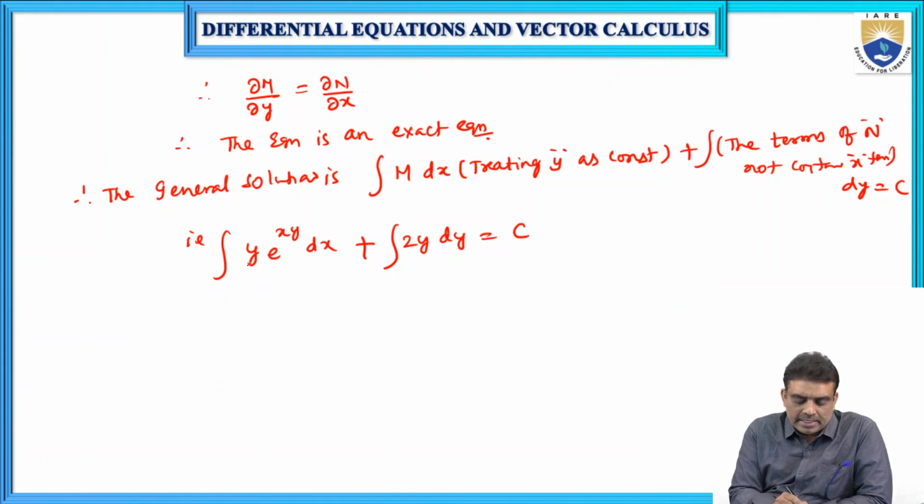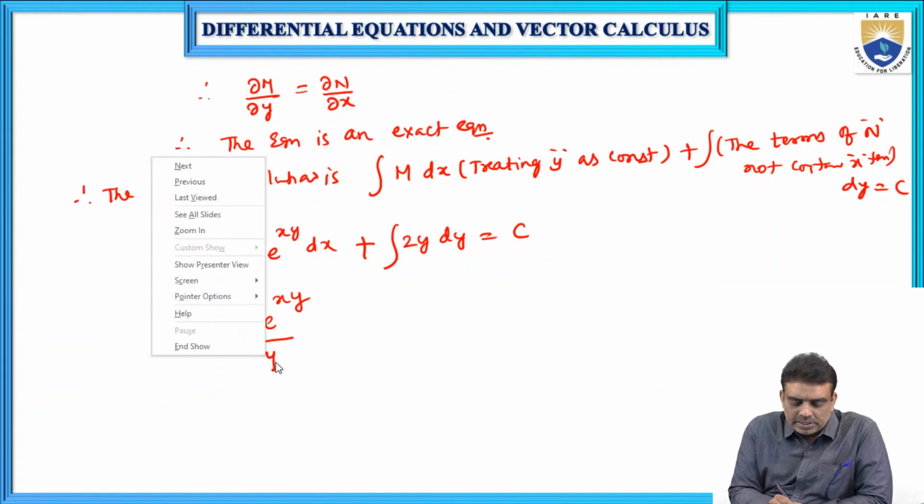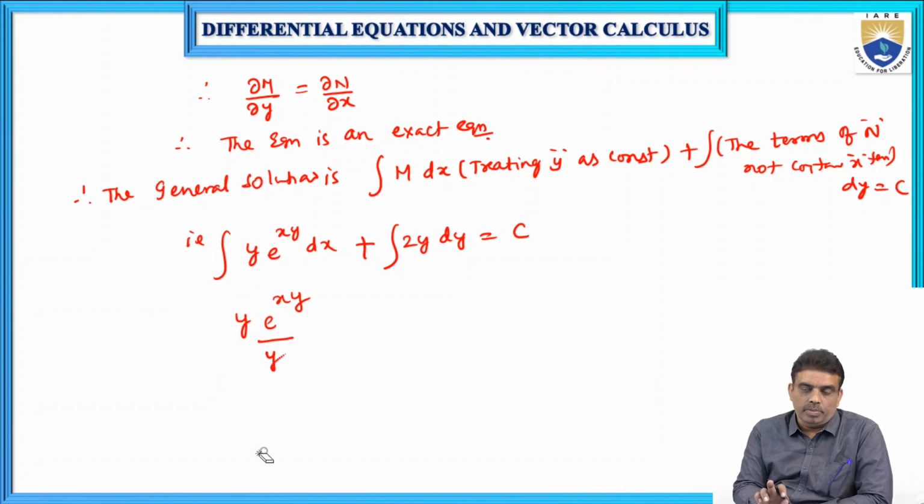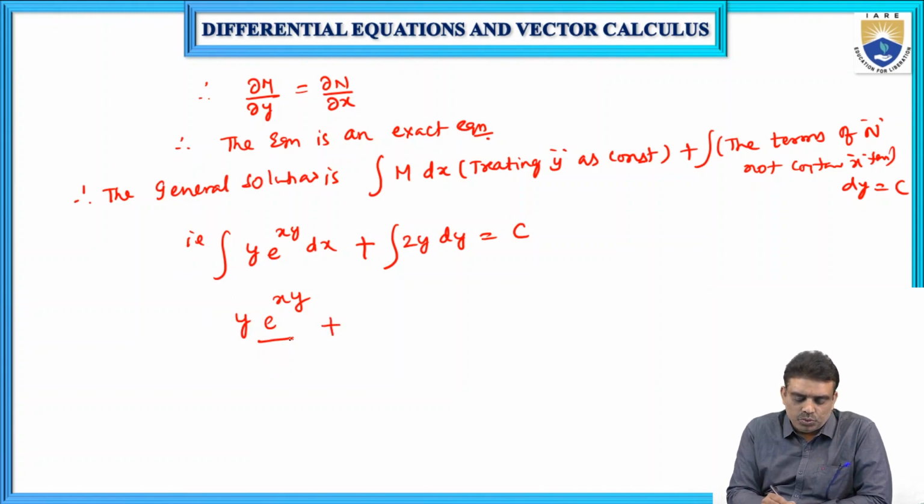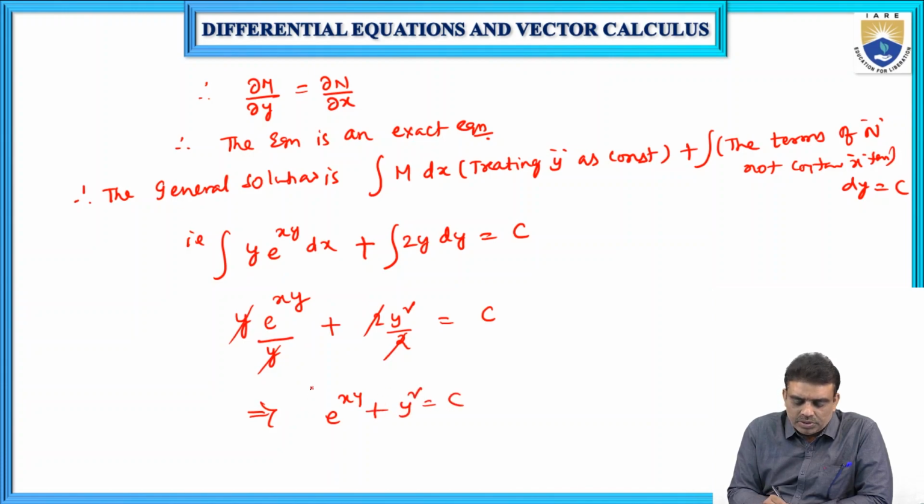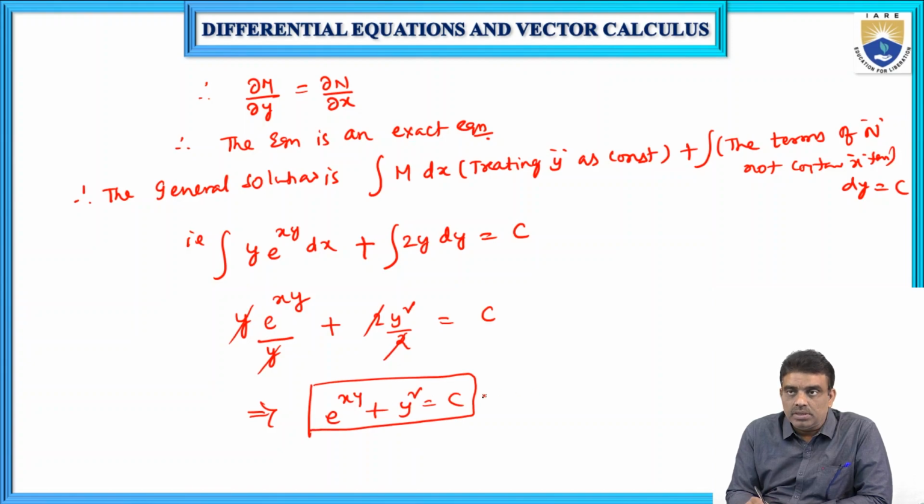So I'm taking the integration with y constant: the integral of e^(xy) with respect to x gives e^(xy) divided by y in the denominator, plus 2 times y squared by 2, is equal to c. The 2 gets cancelled, the y gets cancelled. So the solution will be e^(xy) plus y squared is equal to c, which is the required solution